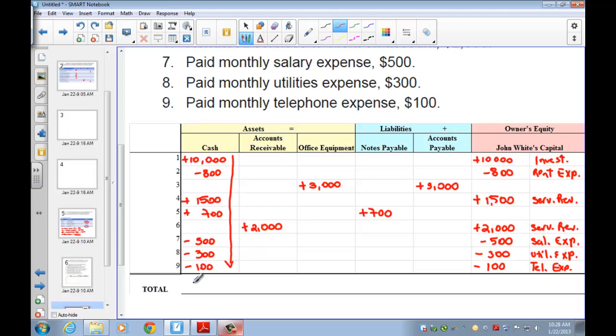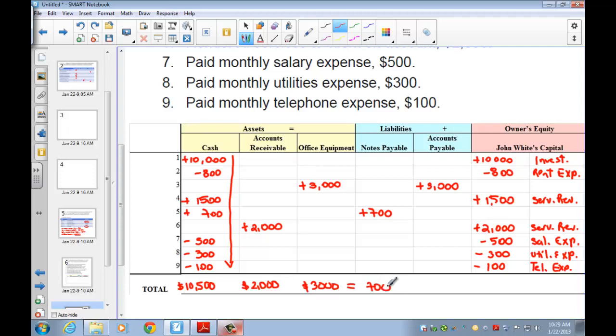So for cash, the total will be $10,500. For accounts receivable, we have a positive amount of $2,000. Office equipment of $3,000. And this is equal, or should be equal, to the sum of everything else, which is